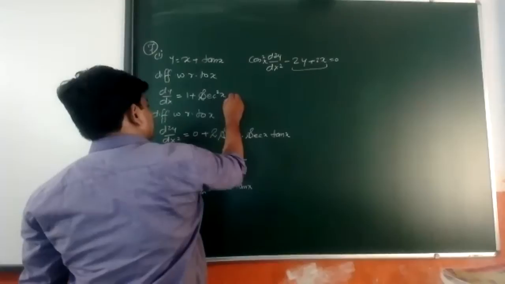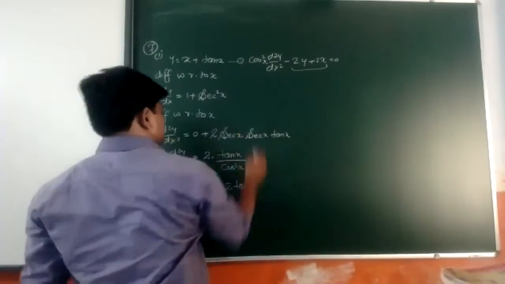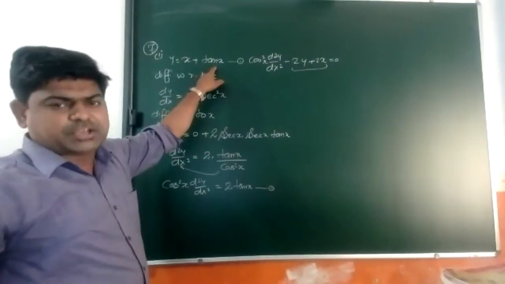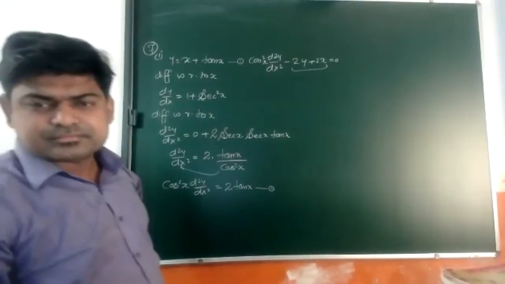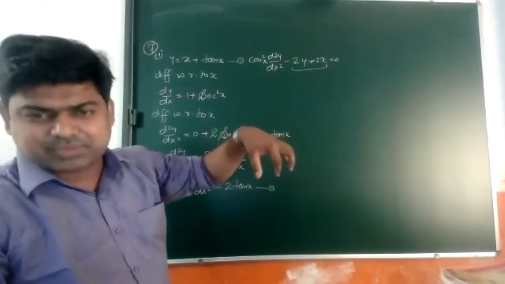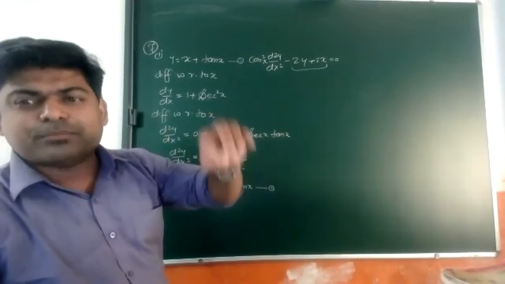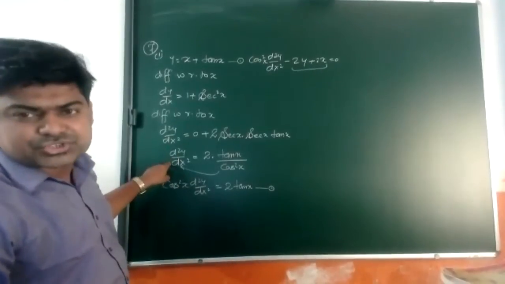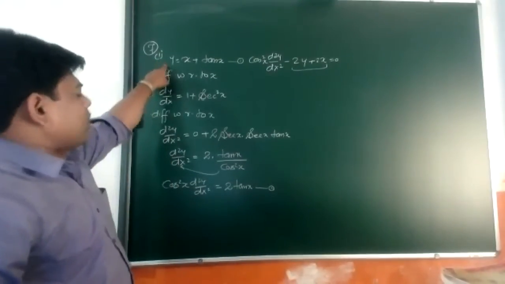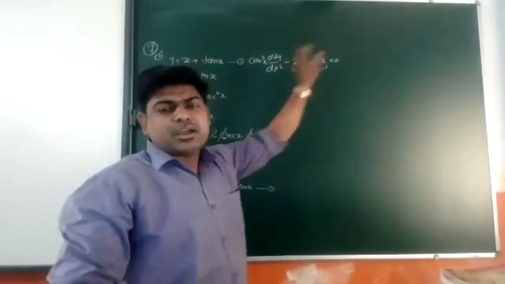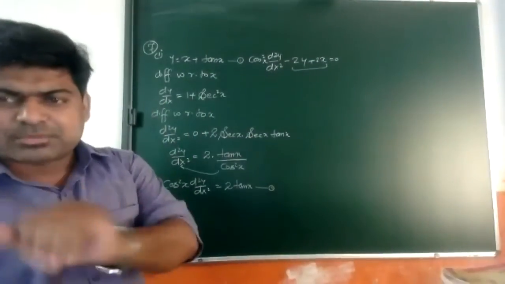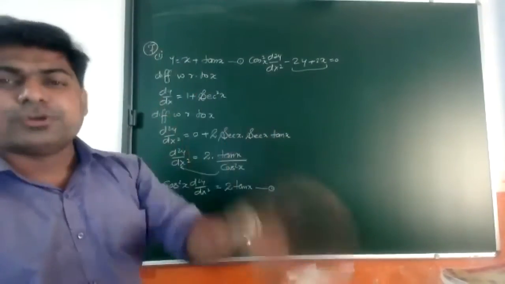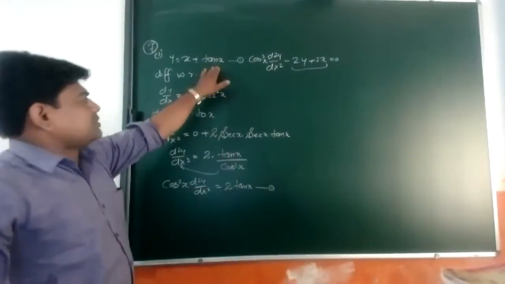Now, if I take this one as 1 and this one as 2, from equation number 1, the value of tan x will be y minus x, isn't it? I'm talking about this arrangement. If you are not able to arrange all these things, it's okay. We had got the value of d2y by dx square here, and we have the value of y. These two values can be substituted here, and we will get 0. It is one method. The first one, what I told you, is an optional method if you are not able to do it. Otherwise, you can see from 1 and 2.